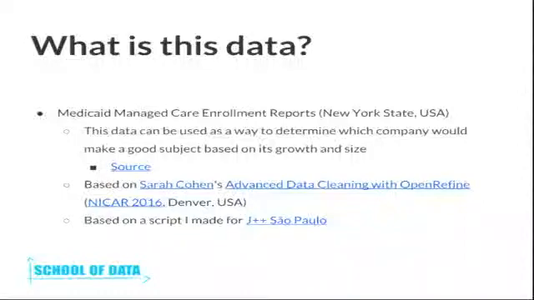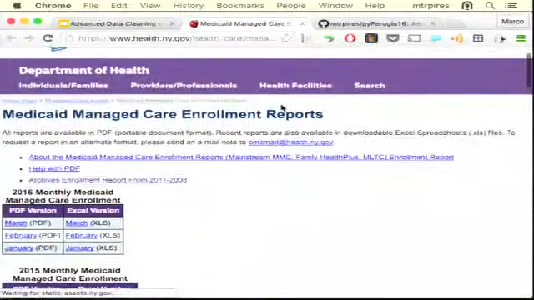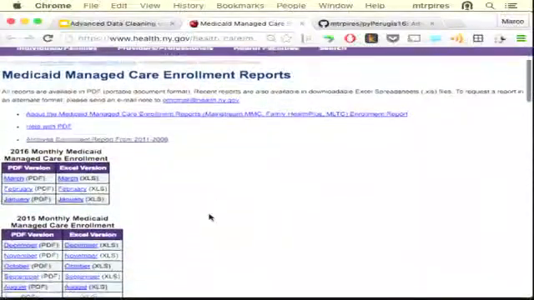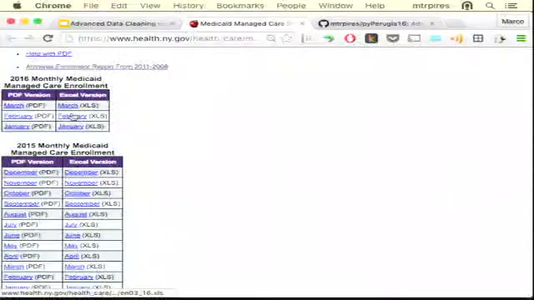This session was based on Sarah Cohen's, a New York Times journalist, panel that she gave at NICAR this year. NICAR is a data journalism conference that happens every year in the United States. And she held an advanced data cleaning session with OpenRefine. I translated those concepts to Python, and I used it based on a script that I made for J++ São Paulo. If you want to see the source, you just click on the link, and this is the page where the files are. So you can see there are Excel files for every month,